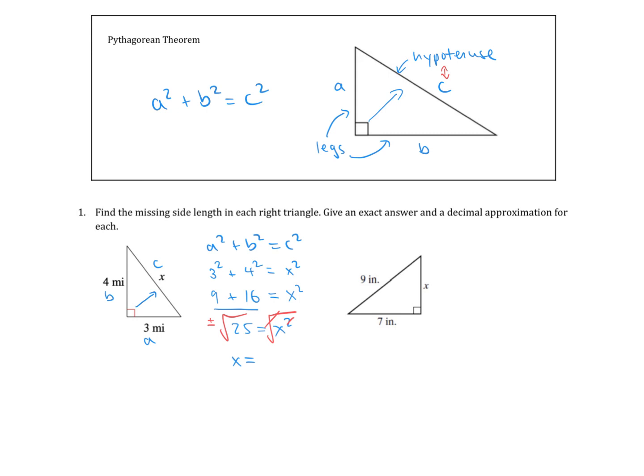Positive square root of 25 is 5. And that would be our side length. And since there are units, we are going to include units in our answer. In this case, 5 miles. In the next one,